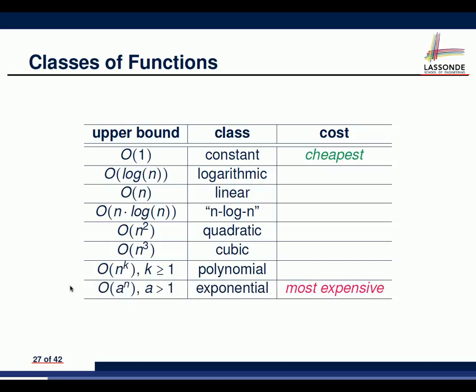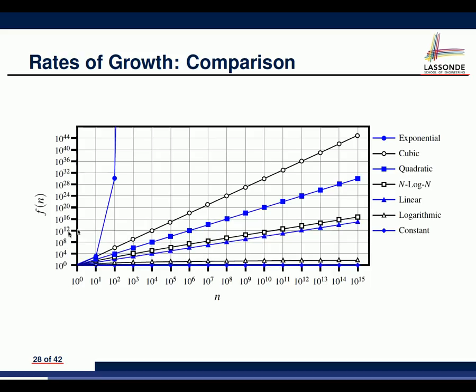And we also got n squared, which we will see quite a bit today. n cubed, also n to any power. And then eventually we get to exponential. You don't really want to get to exponential. That's too expensive. And that diagram simply shows you if you got a constant function, it's the cheapest